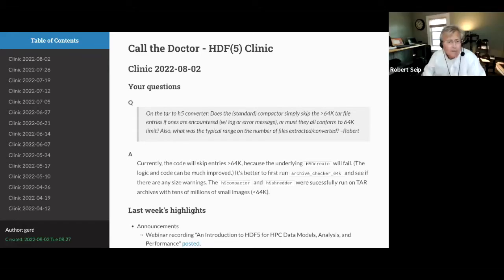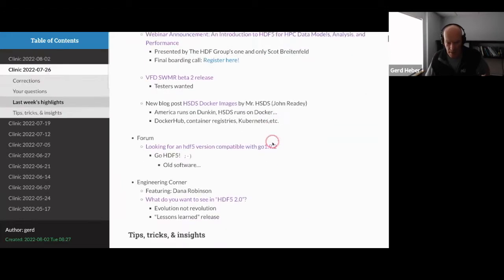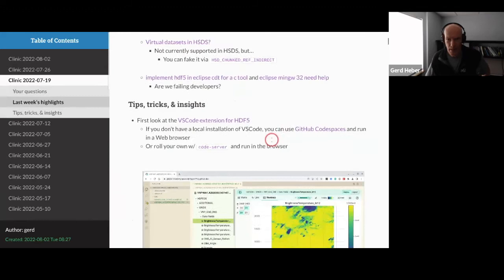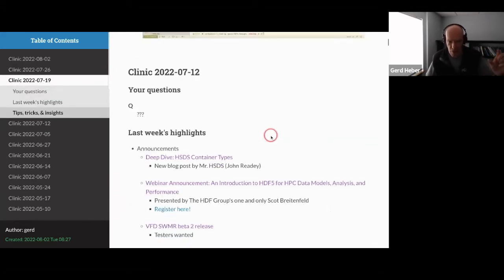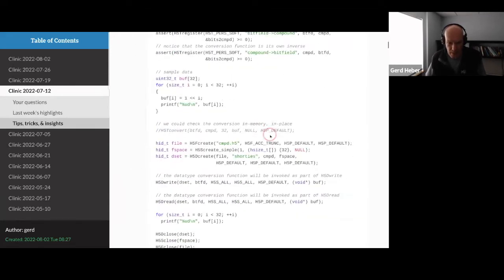Gerd, do all of those compact data sets fall under one top level group, or is there any attempt to? Yes, as far as I remember, because last time we showed the output on the GitHub page where we show the HDF Compass output.